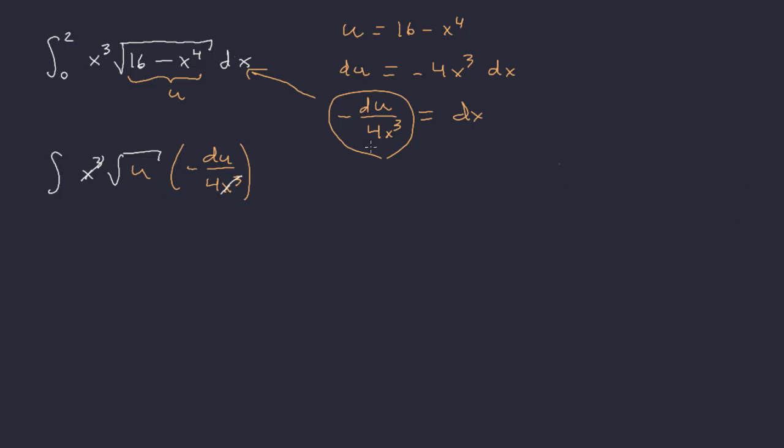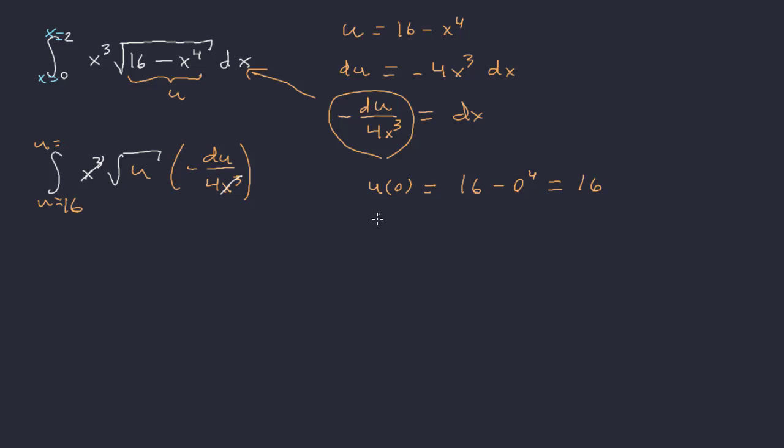However, another thing that we want is to move these x limits to be u limits. Okay, so in order to do that, again, we just plug in our x values. So u of 0 will be 16 minus 0 to the 4th, which will be 16. So the lower limit is 16,